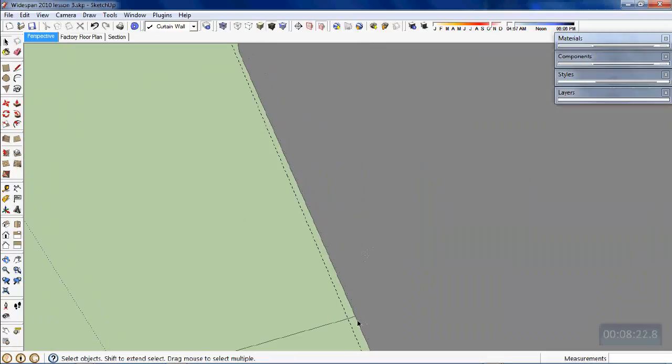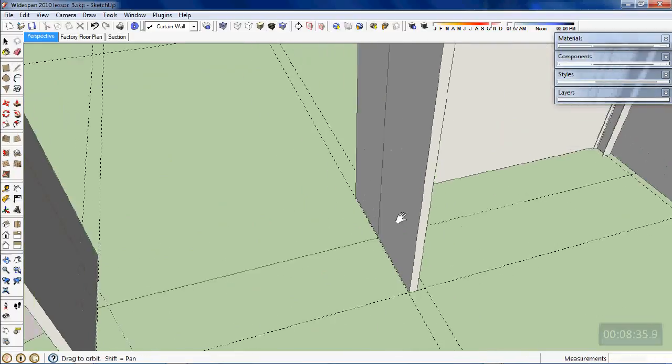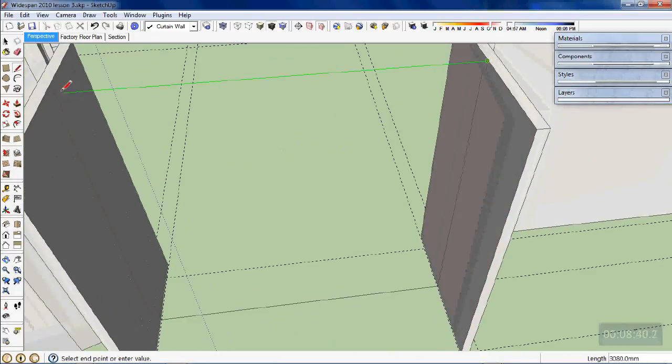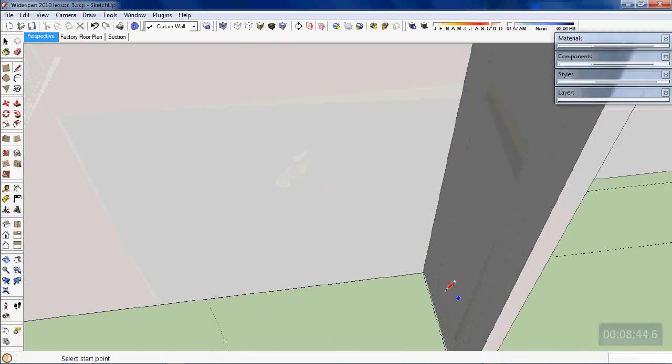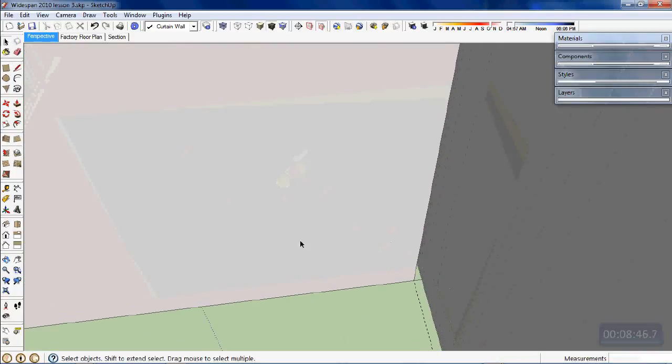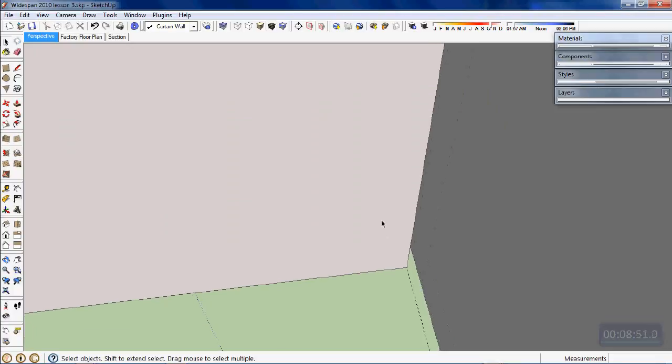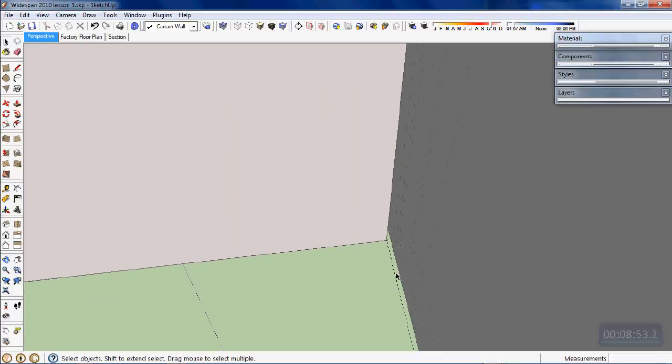We want a line coming from that intersection there up on blue axis, 3080. And then we can close that off on the other side. Okay, and in my case there'll be that little bit of extra line there. I'd like to tidy up any of those mistakes as we go, and we can clean up the